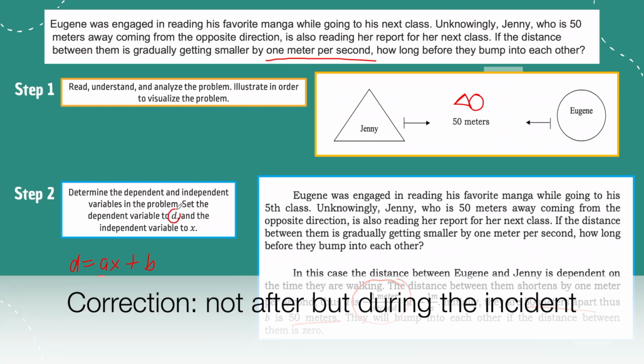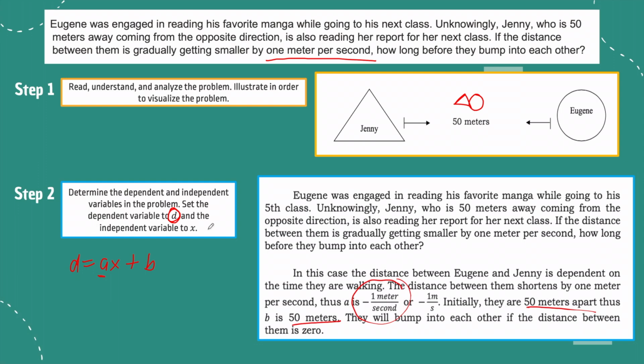Ito, yung after na nilang magbunggo. Saan siya nakadepende? Doon sa variable x, which is, ano ba yung variable s? Yung time na nag-walk sila. So, yun yung hinahanap mo: kailan sila